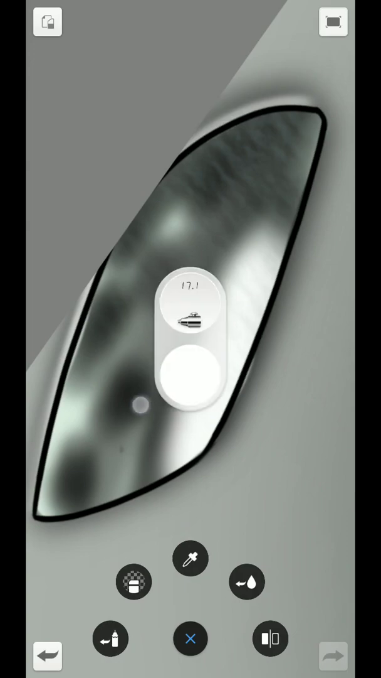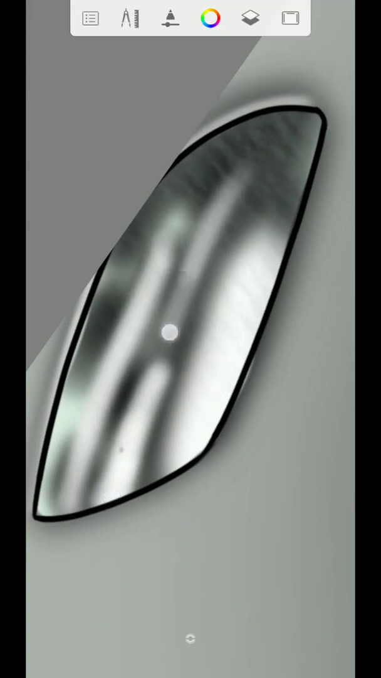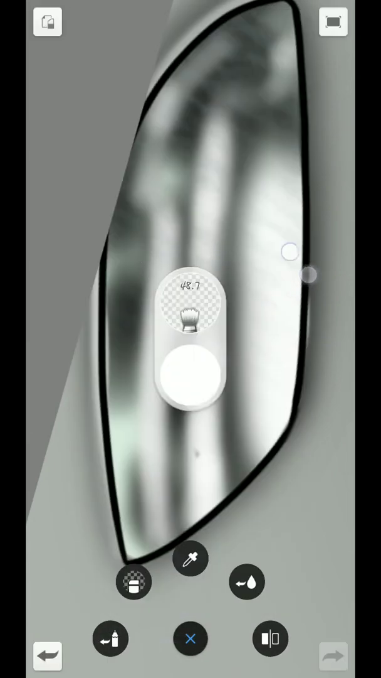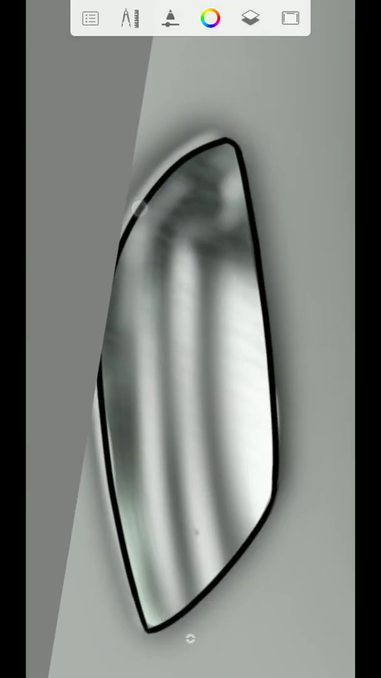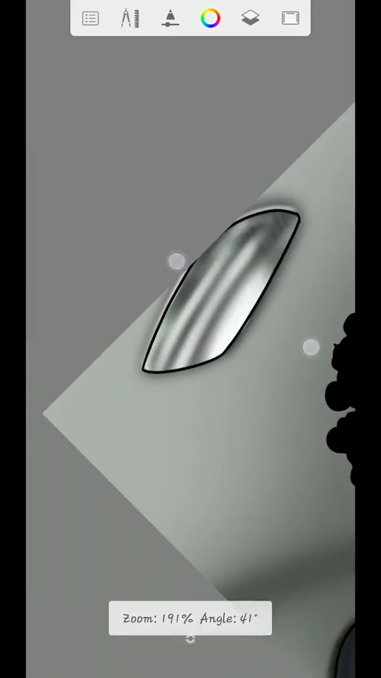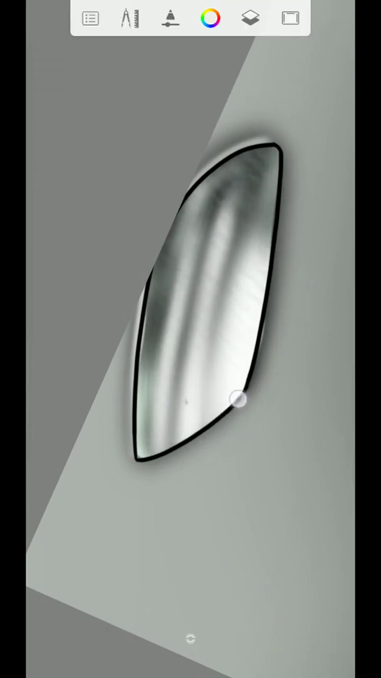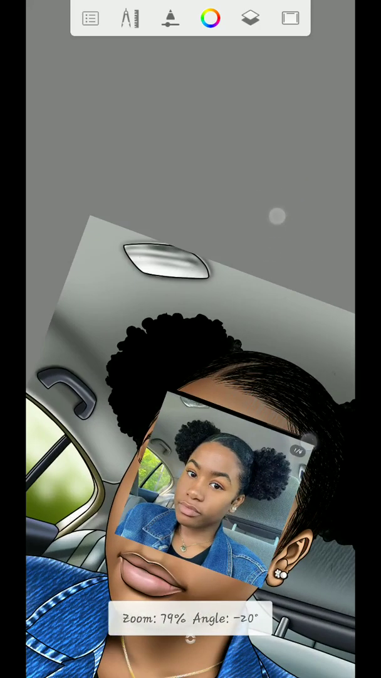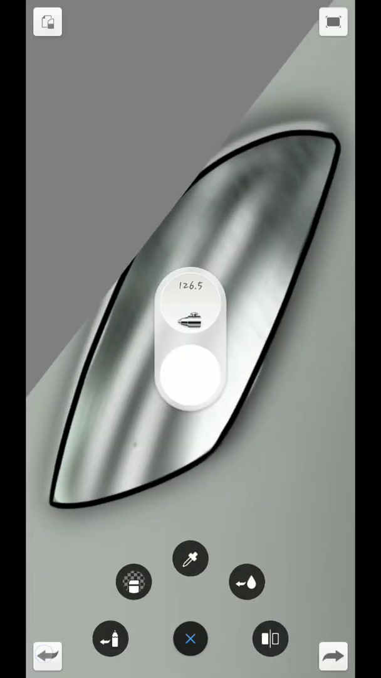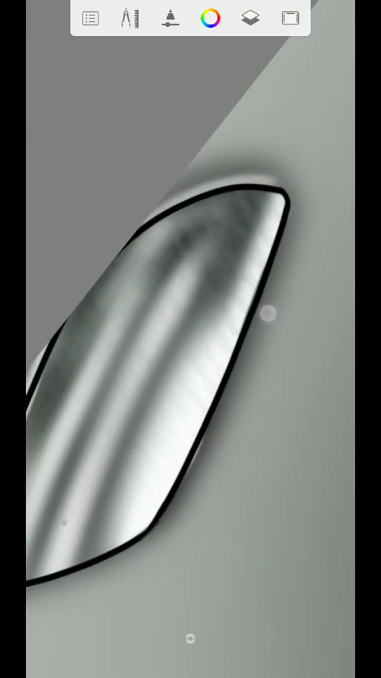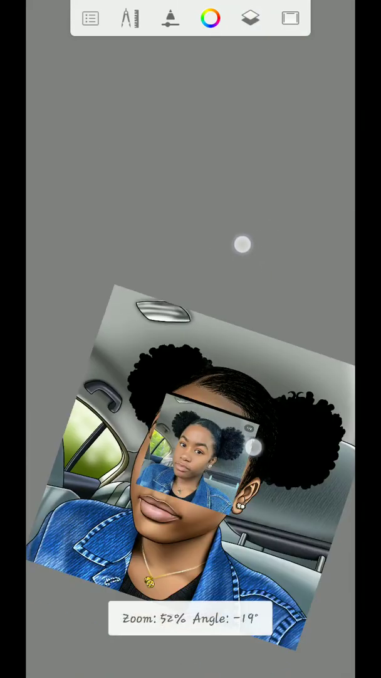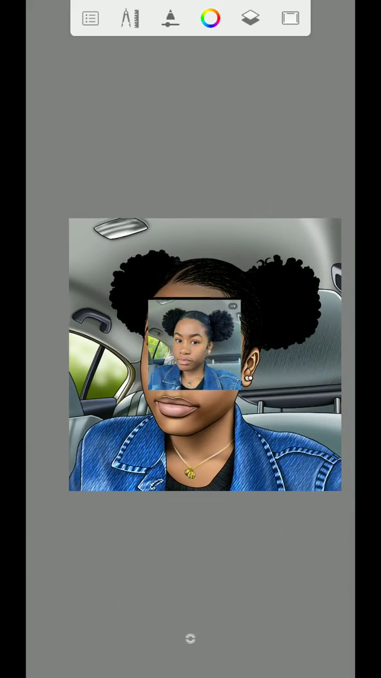Just do some rough sketch. Then use the white color to do something like this. Then you can use this smudge brush to blend. So now that's the final one. So guys, that is the final